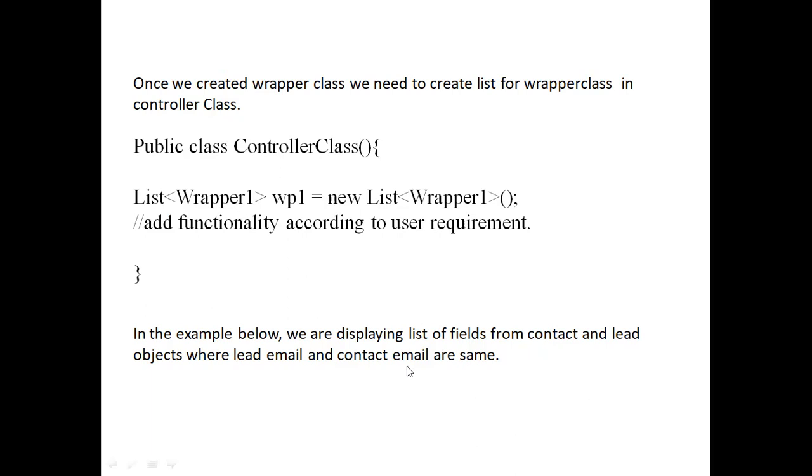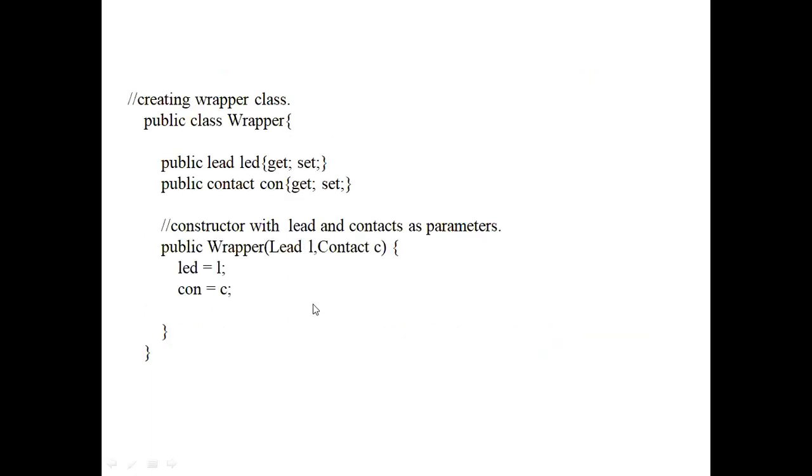Here, for example, we are displaying a list of fields from contact and lead objects where lead email and contact email are the same. For this, I wrote a simple wrapper class with a constructor. We can create a wrapper class with a constructor or without a constructor. Anything is fine.